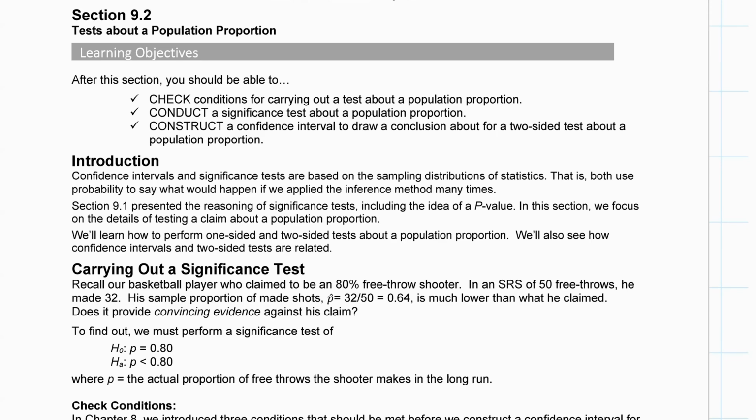So let's think back about what we learned in 9.1. We learned that we have two hypotheses. One is called the null hypothesis, or the H-naught claim, a claim of no difference, or a claim that we don't think is actually true. We also have an HA claim, the alternate hypothesis, which is the claim of what we're trying